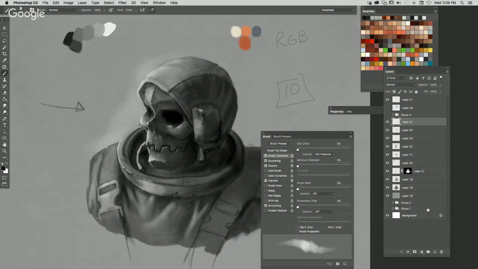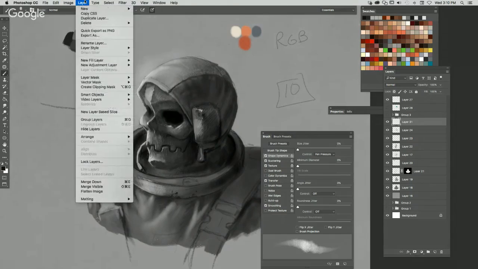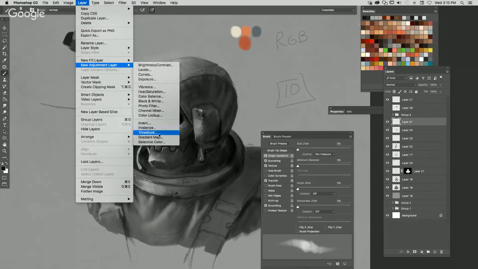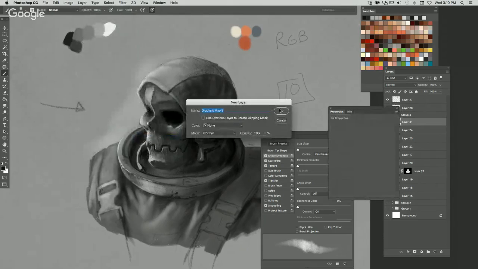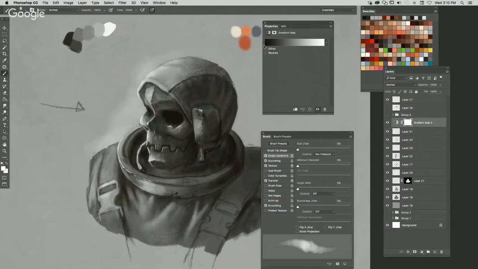All right, so another thing that you could do, make a new layer, and this is the more crazy version, but I've used it a few times now, and it's kind of crazy to see the color combinations that you can get. So you go to layer, new adjustment layer, then you want to go to gradient map. Choose OK. And right now, nothing changed because we have a grayscale gradient map.